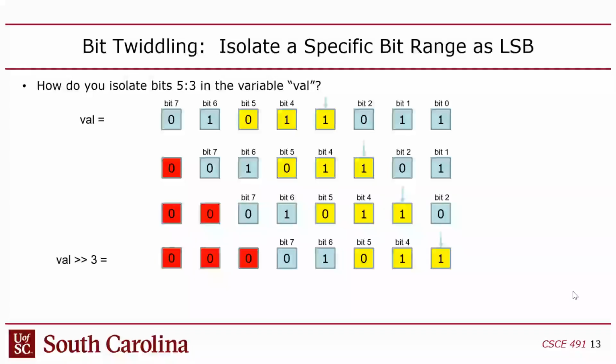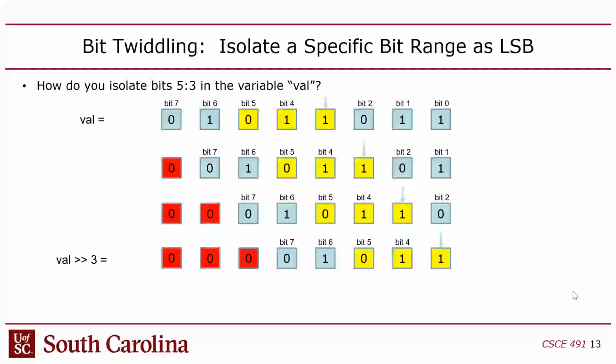One way to do it is to shift by 3 to the right. You might say, why 3? Why not 5? Well, you shift by 3 because 3 is the lower limit of the field. It's 5 down to 3. So you're going to shift by 3, and once you do that, you want to isolate bits 2, 1, and 0. Why 2? Because 2 is 5 minus 3. So if it's m down to n, m comes first, you shift by n, and then you mask off m minus n